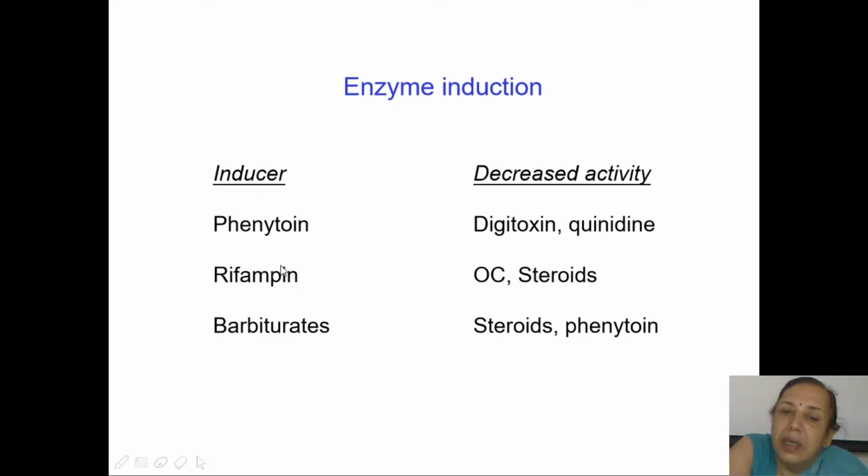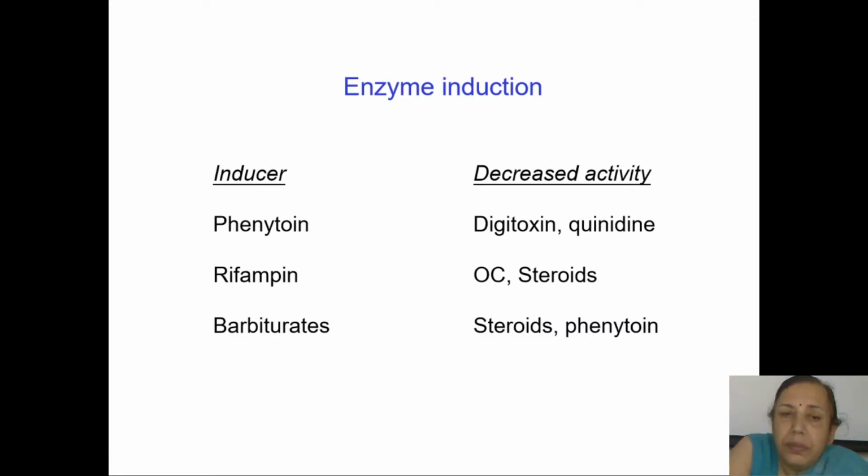Similarly, if a user of oral contraceptives is taking rifampin, which is known to induce enzymes, you know that oral contraceptives are nothing but low doses of hormones. If enzymes are induced, the levels of these hormones go down and they lose their efficacy as contraceptives. Or if one is using steroids, their levels go down because they are rapidly metabolized. So you need to give certain instructions to the users of oral contraceptives that since you are taking this drug, the oral contraceptive may not be effective. One may be advised alternative means of contraception. Similarly, if someone is taking barbiturates, that is also a good inducer of enzymes, and drugs co-administered with barbiturates tend to show a decrease in